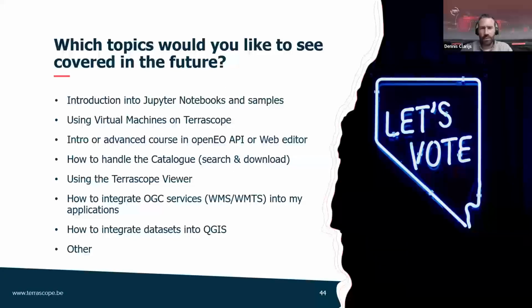So yeah, clearly there's a need for indeed the notebooks, virtual machines, and use of openEO in the future, and the integration of datasets into QGIS. So all very interesting topics, I think. I don't see anything specifically in the chat. So we will take this with us and start planning ahead already. Then we can go to the next page and we can end this poll